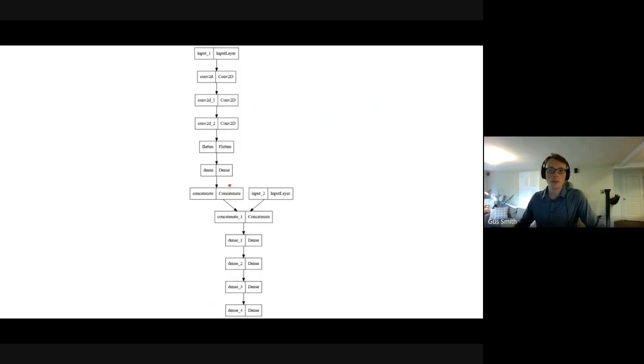So here's a picture of the network. Sorry, it's a little stretched and long here, but we're just going to go through the components of the network. It's fairly straightforward. There's nothing too crazy going on here, but we're going to go over all the inputs and what's happening in the middle and the output. So first, we're going to look at the inputs here.